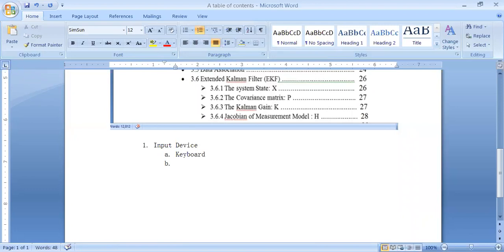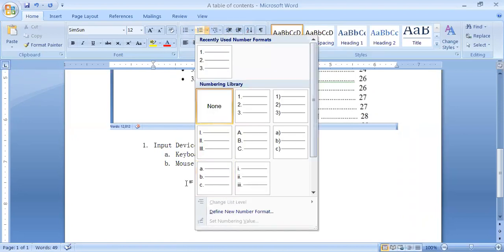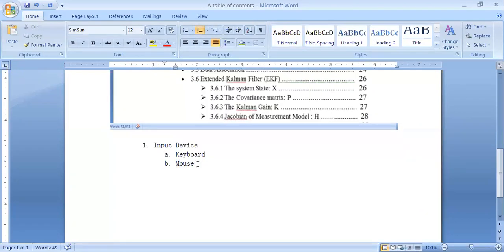Now again, when you press enter, it will remain in the same section. We will have to change the section if you want, but I want to enter one other here, that is mouse. Now from here onwards, if you want to add types of mouse, then what you can do, you can again, for example, enter the term C,